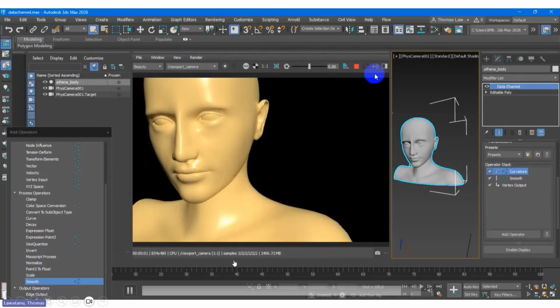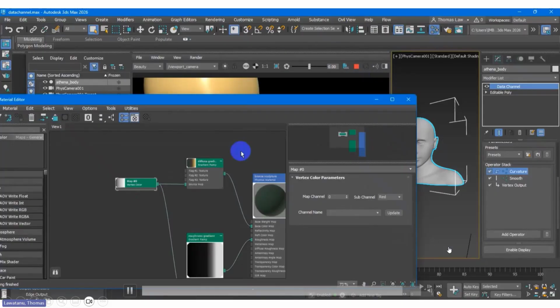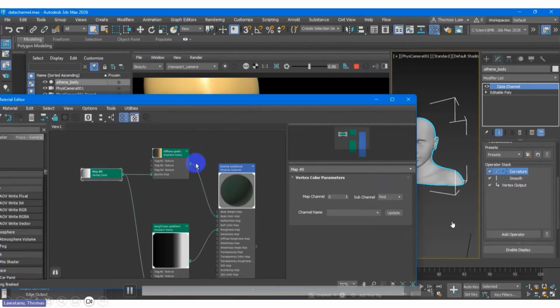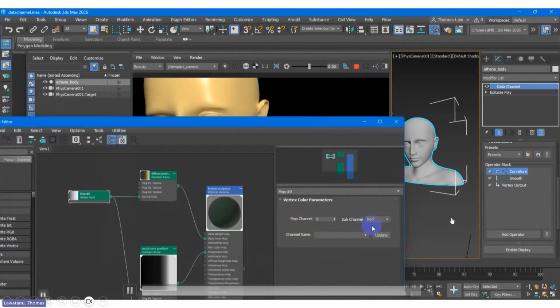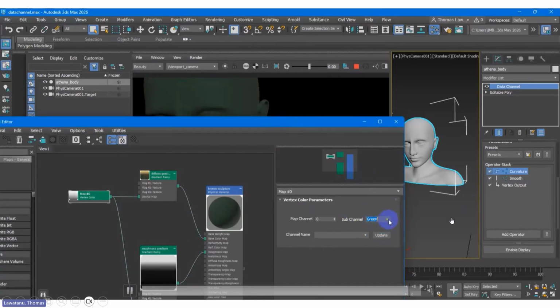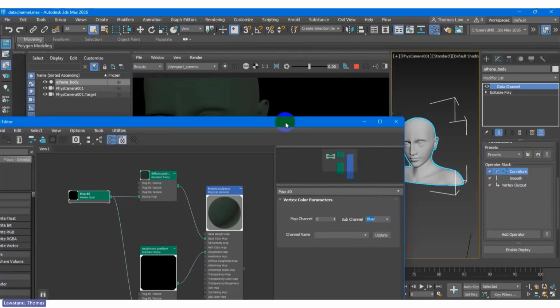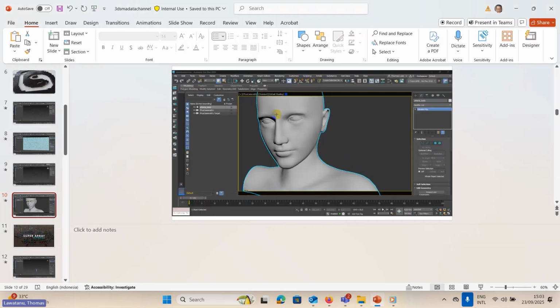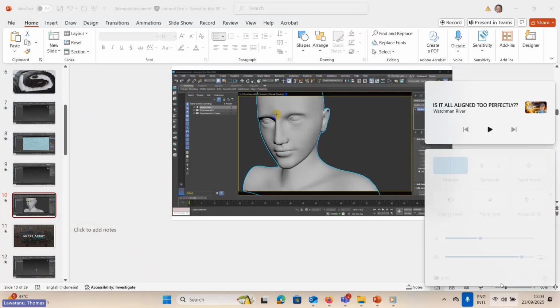Okay, yeah, this one. You can even adjust the red, green, blue. Sorry. Okay, moment.